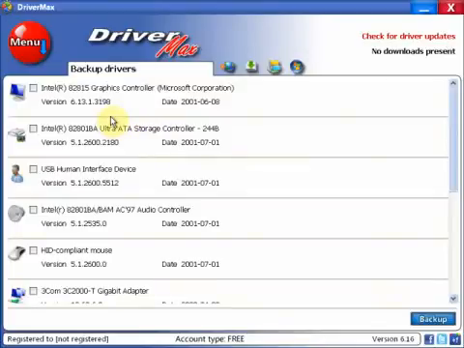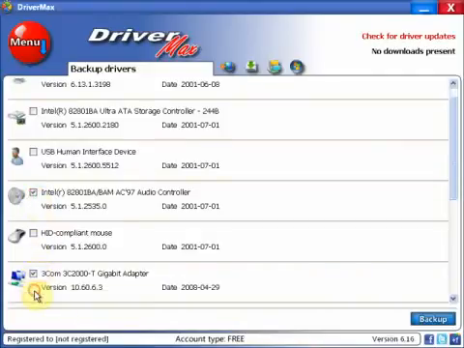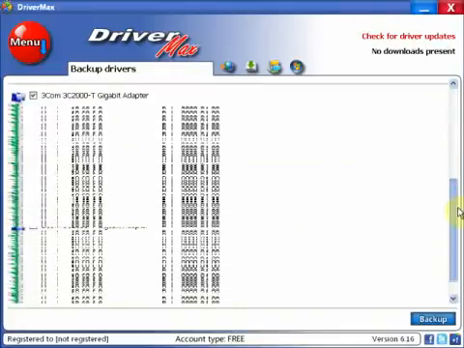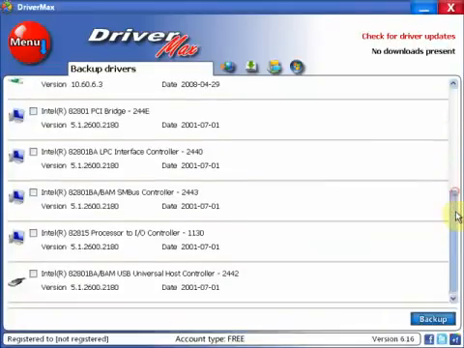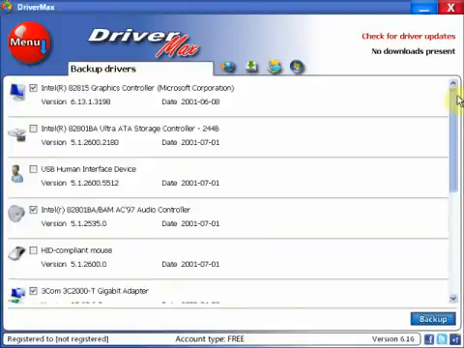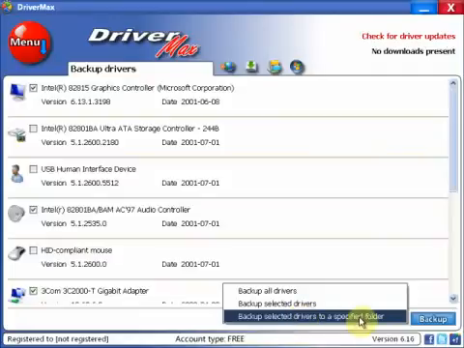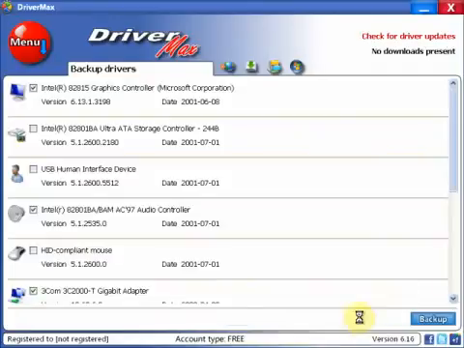Which driver do you want to make a backup of? You can choose audio drivers, LAN card drivers and graphic card drivers. Any driver you want, just click backup. Backup all drivers, backup selected drivers, backup selected driver to a specified folder. Just click here